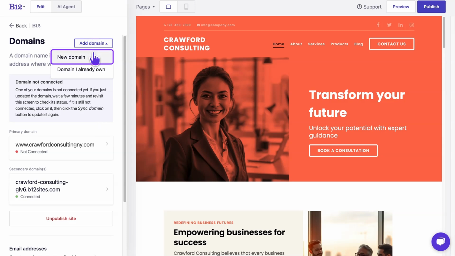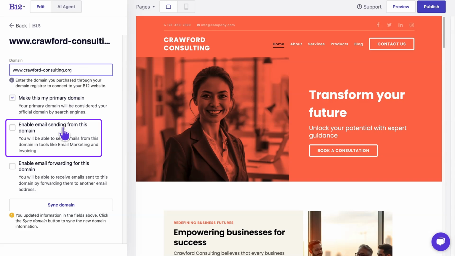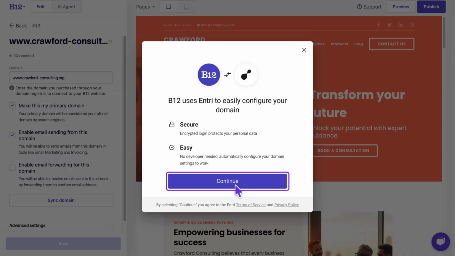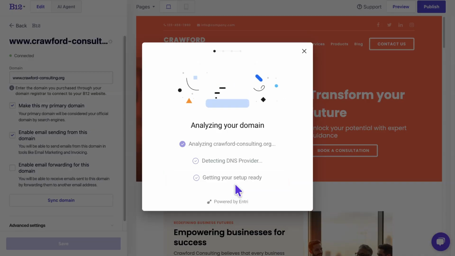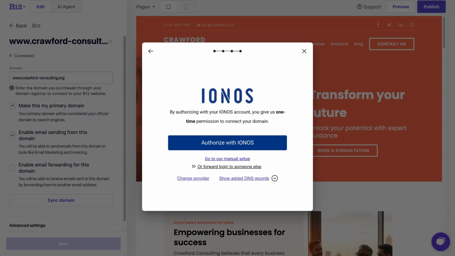Click Add Domain to add a new one, or choose an existing domain you'd like to set up for email sending. Enter your domain, then check the box labeled Enable Email Sending from this domain. Then click Sync Domain. Choose this option only if you already have an existing email provider for your domain. If you don't have one yet, follow the instructions for setting up email forwarding to create a new custom email